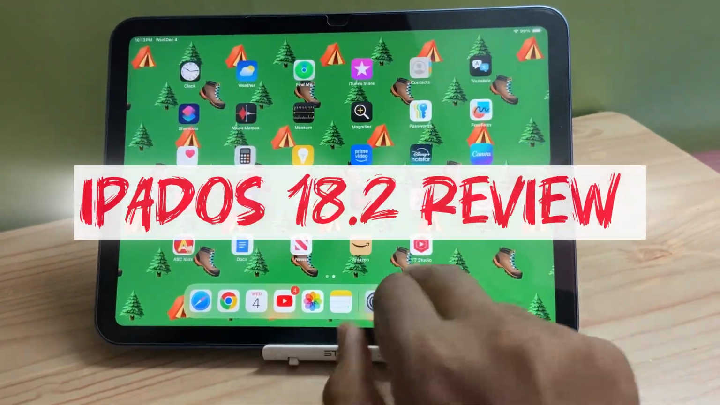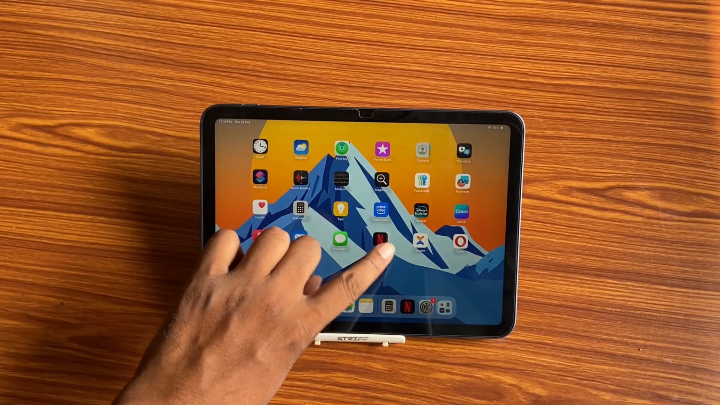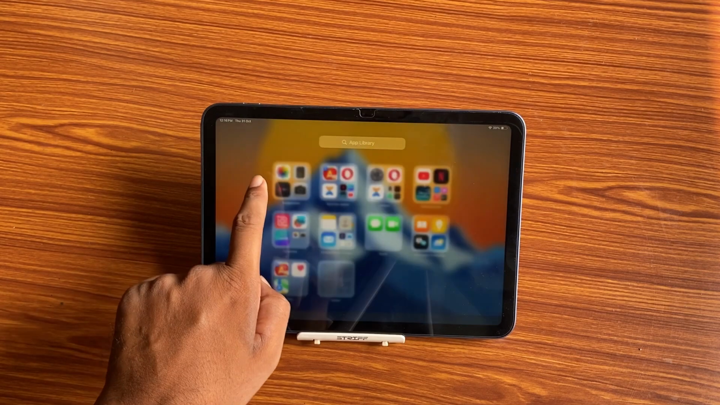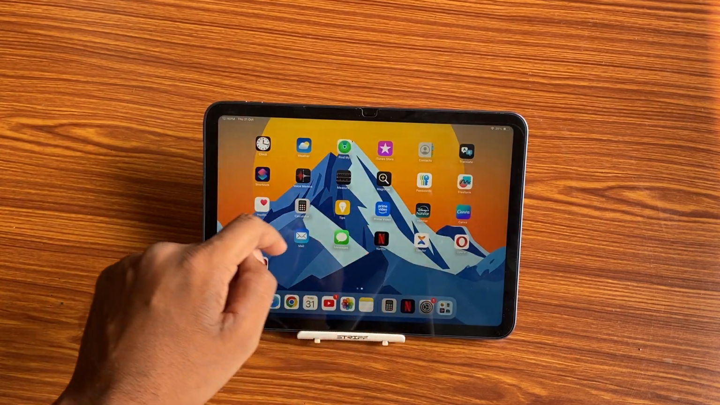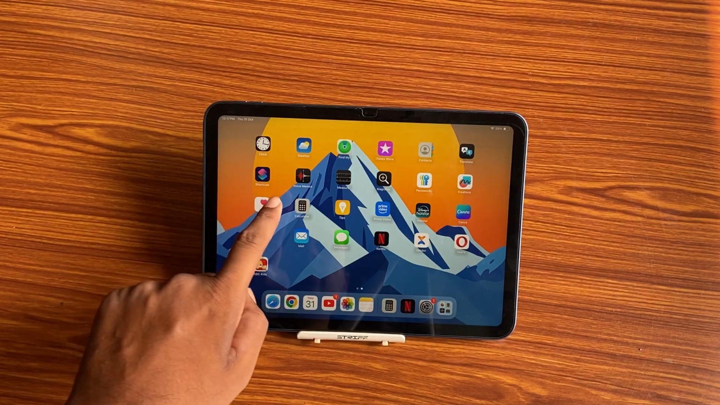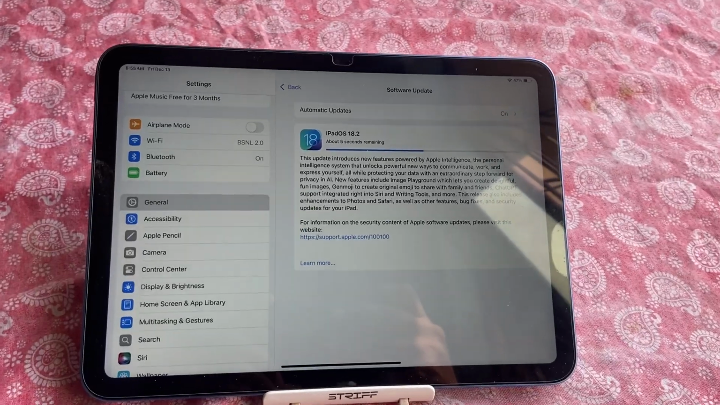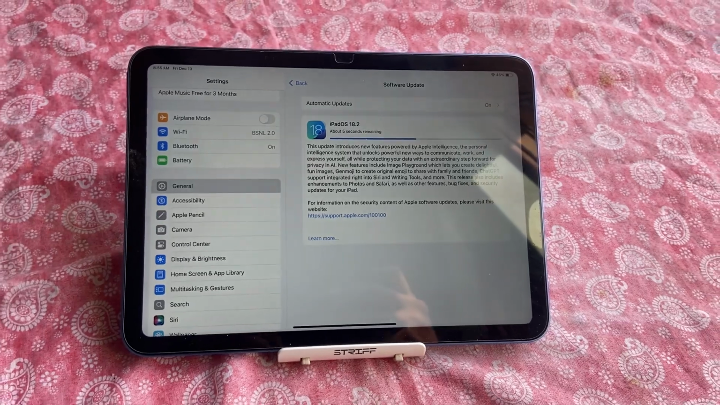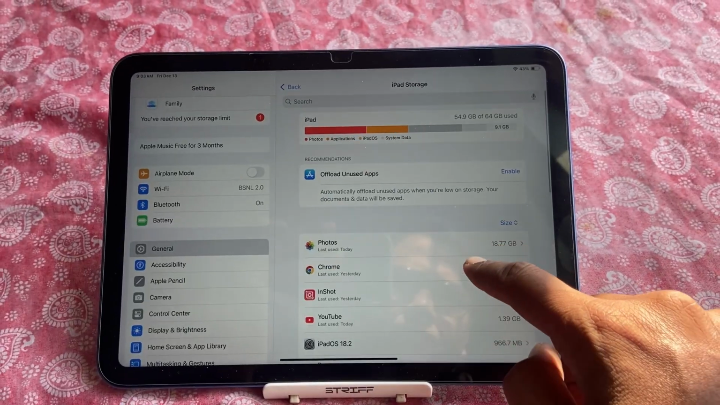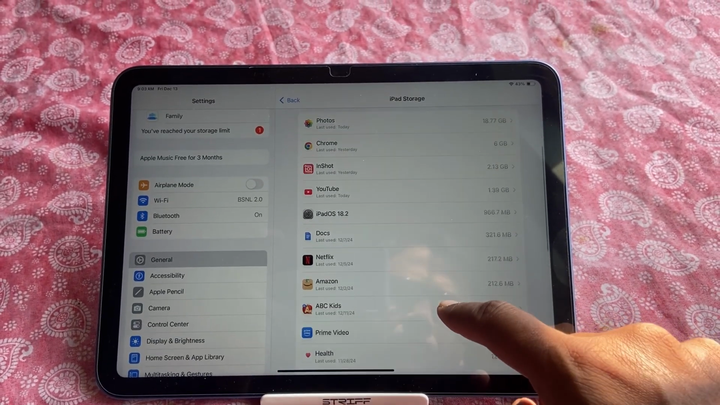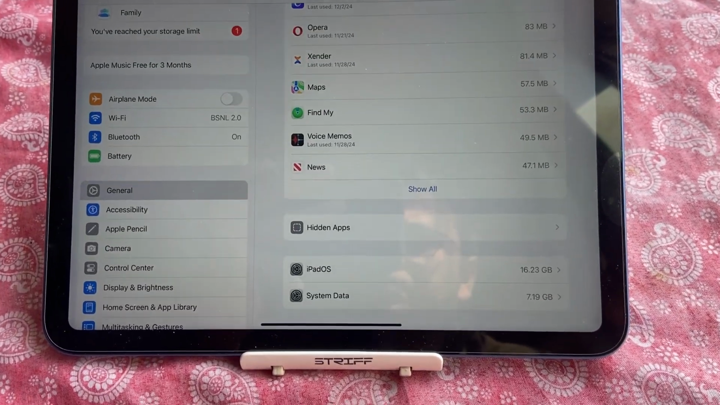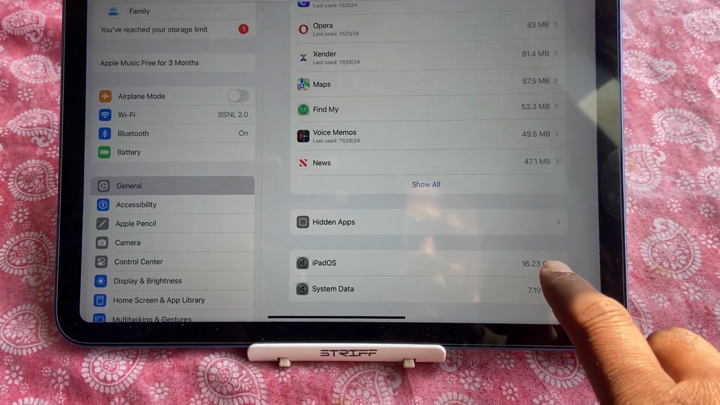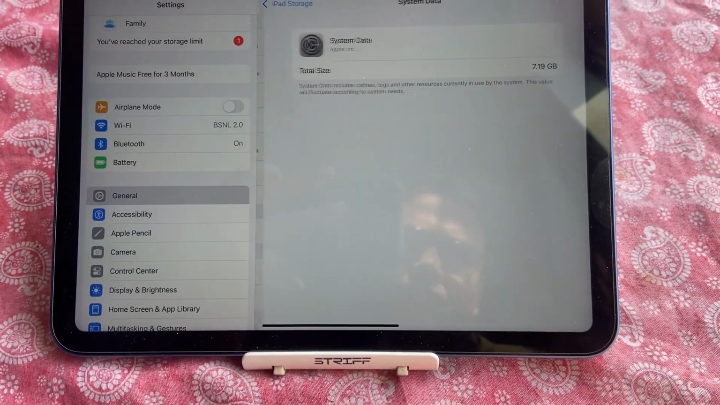Hello viewers, a lot of users actually want to know about iPadOS 18.2 because their tablet is running either iPadOS 17 series or iPadOS 18. So they are skeptical about this new update, whether there will be any screen flickering or green line issue, or any battery drainage issue, because many customers were complaining that they are facing battery issues in iPadOS